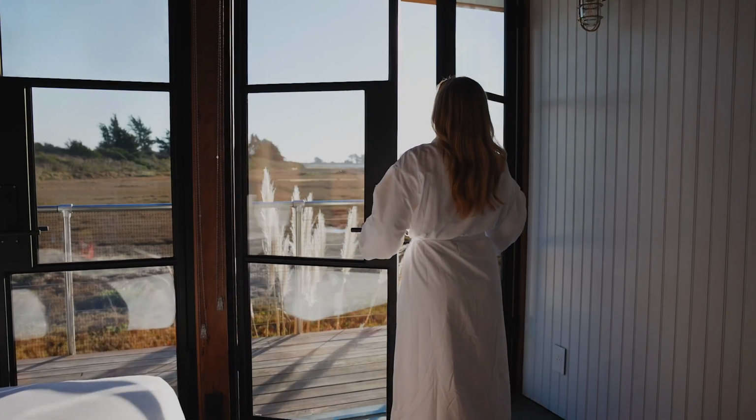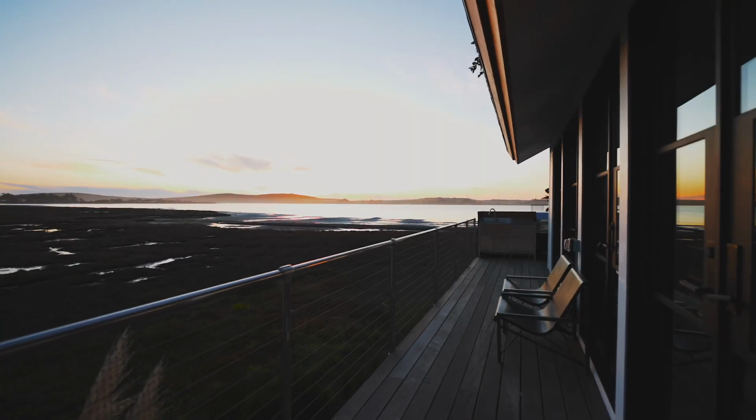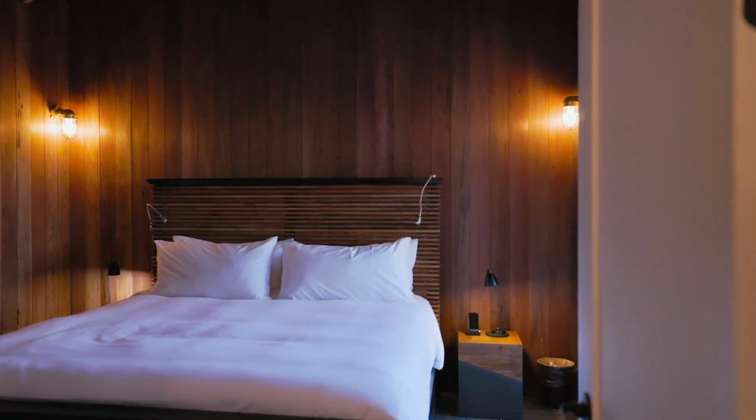You also have those glass doors within the primary bedroom that lead you on out to our outdoor deck and hot tub that just blends the indoor comfort with the beauty of the outdoors. The tasteful decor and the contrasting color palette of the whites and the dark wood tones creates a very sophisticated and tranquil space,